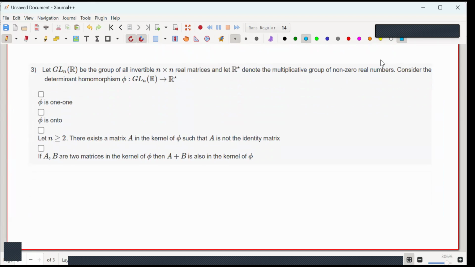Okay. So is phi a one-one map? No, sir. Why? So consider 2 by 2 matrices. Let me just give some names. A is